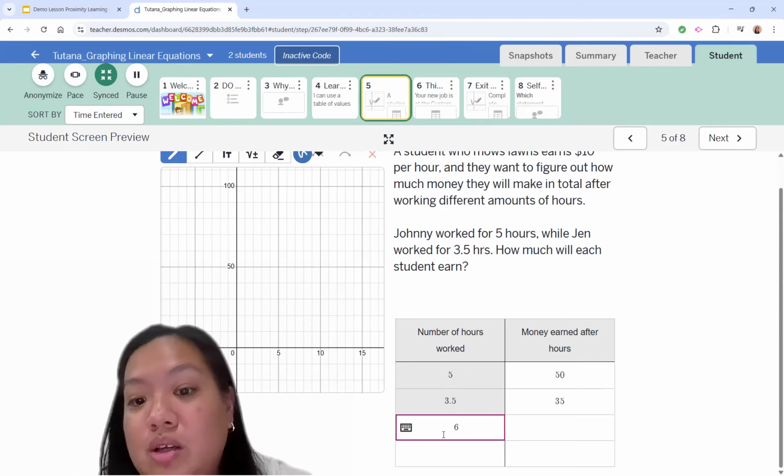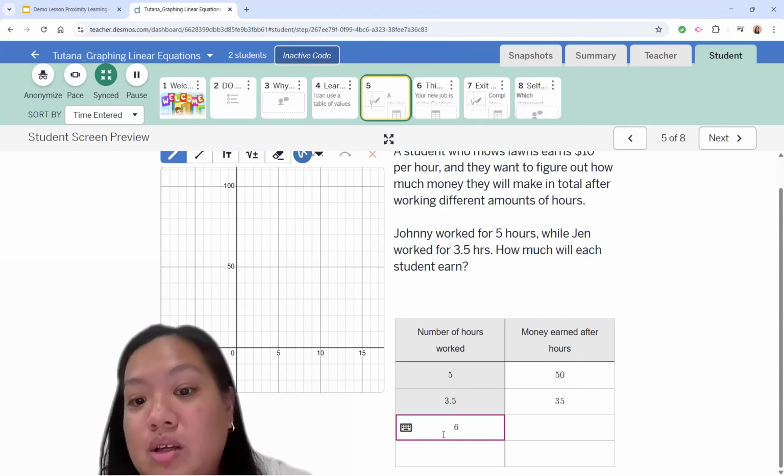So just multiply it by 10. So if you work for 8 hours, then you should be getting $80, right? So now, how do we plot these points in the coordinate plane? So you can see here,